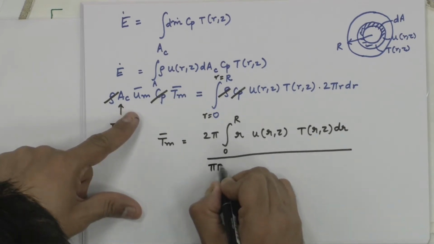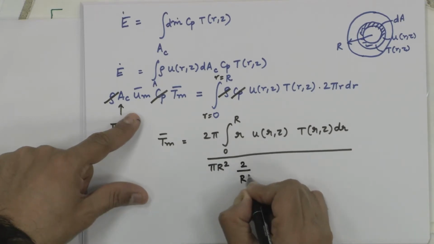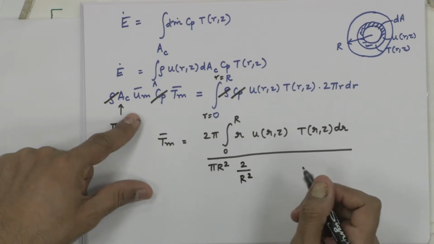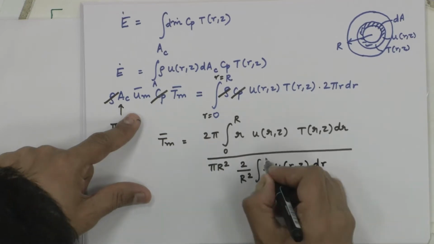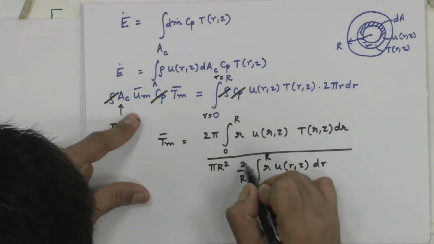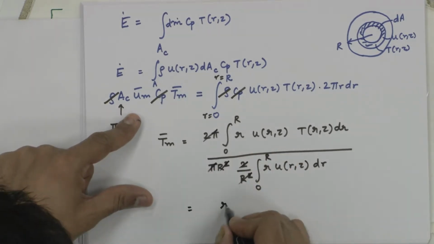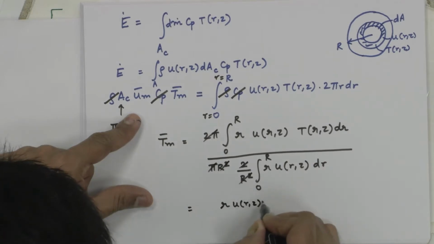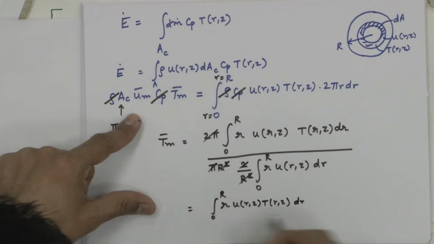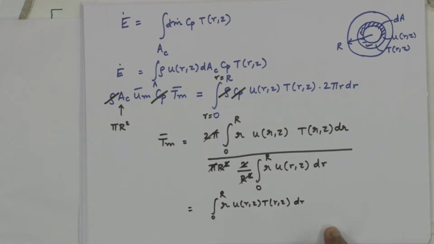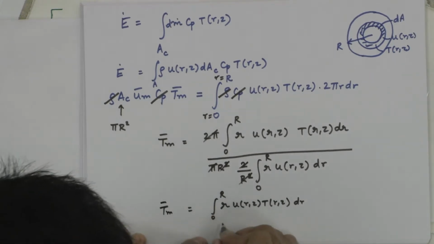AC, pi capital R squared. If I want, I will put it as 2 by capital R squared into R u of r comma z dr, 0 to R. 2 pi, everything cancels. I am left with R u of r comma z T of r comma z, 0 to R, dr divided by this one. Okay, or I will just choose to leave it as T bulk mean is equal to 1 by